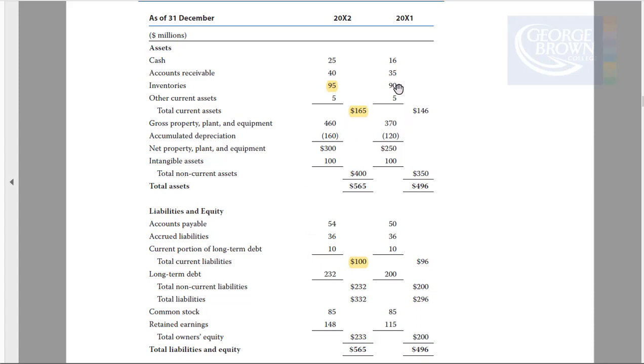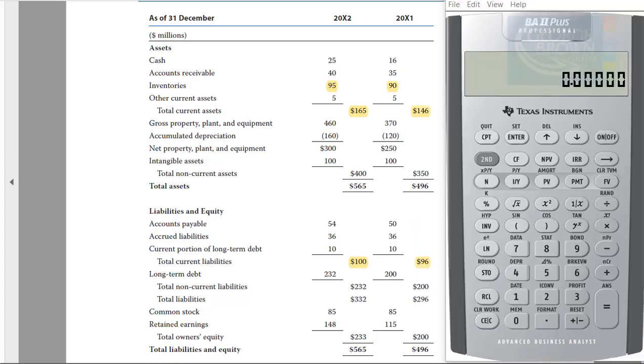Okay, so again, as I said, we could do a comparison to the previous year. So if I bring up my calculator in here and highlight 20X1, the current ratio for 20X1, current assets of 146 divided by current liabilities of 96, we can see that we have 1.52, okay? So 1.52 is less than 1.65. So in fact, the current ratio has gotten better for ABC Company, but if we use a rule of thumb